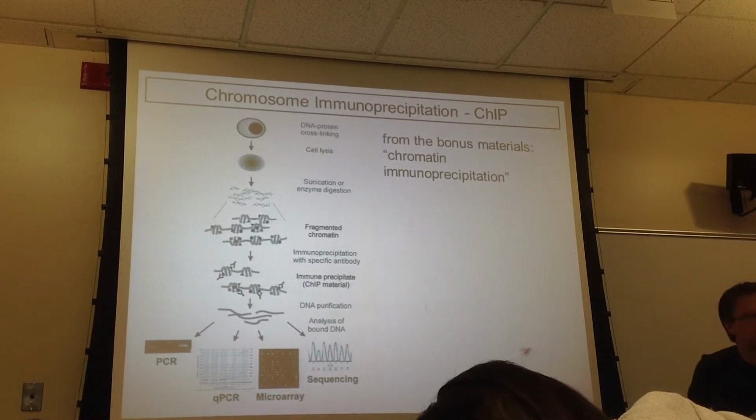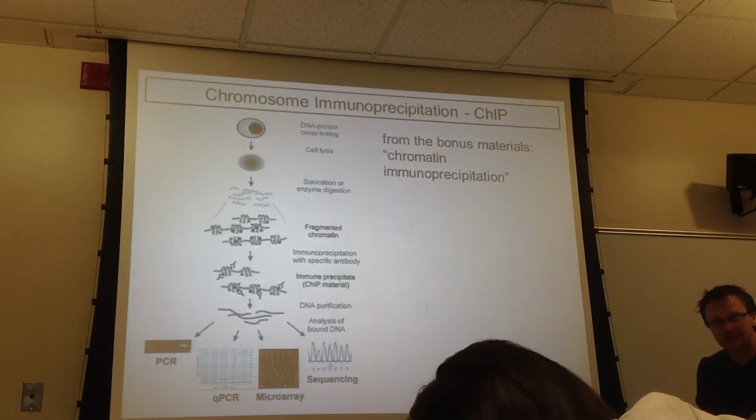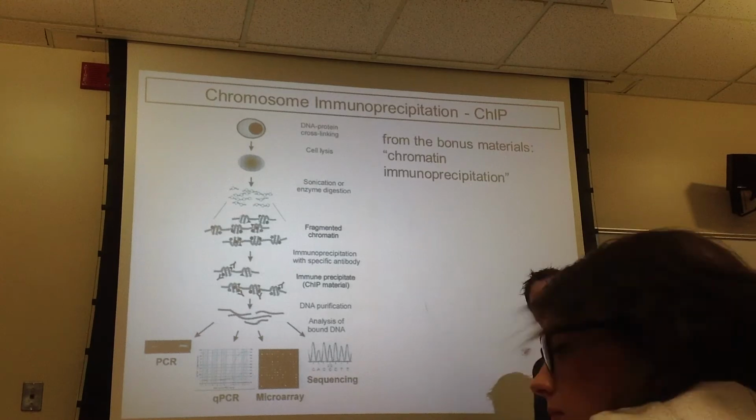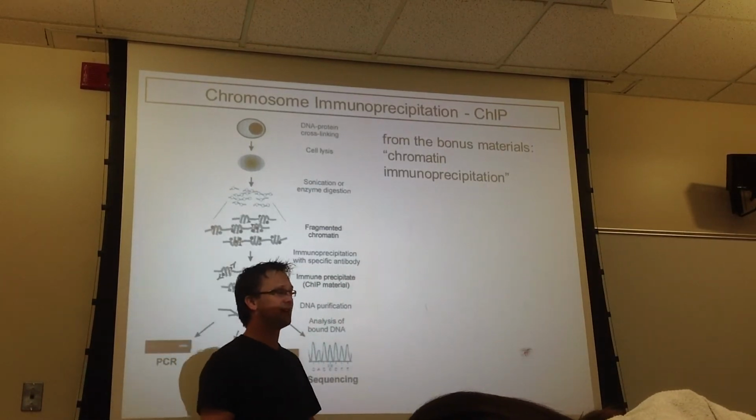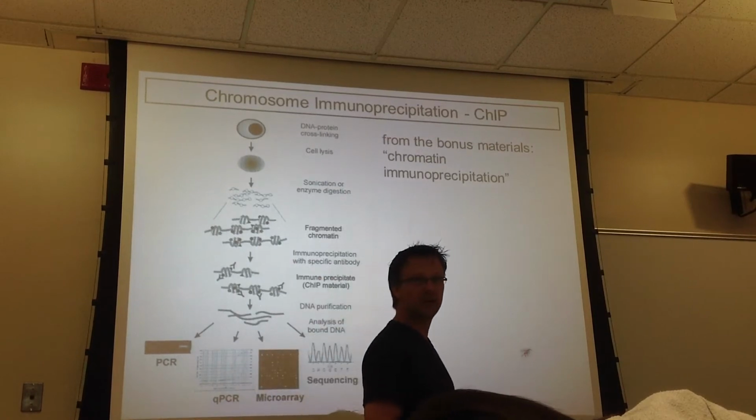What reagent have we used in the past for cross-linking? Glutaraldehyde. Okay. We're not using that in this case. We're using formaldehyde instead for this. It's a milder cross-linking reagent, and it's easier to reverse, because later we're going to need to reverse